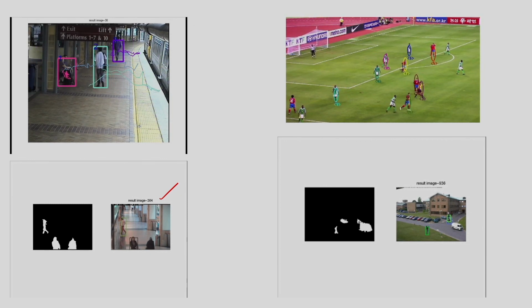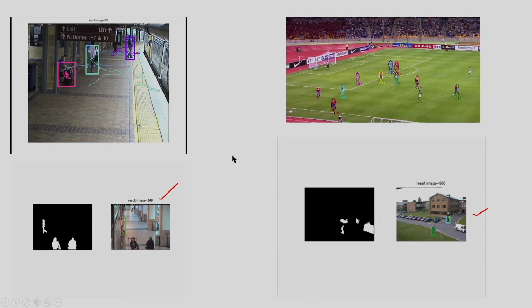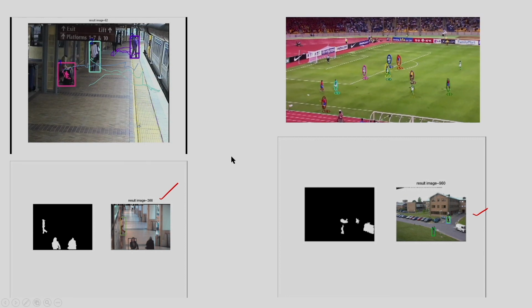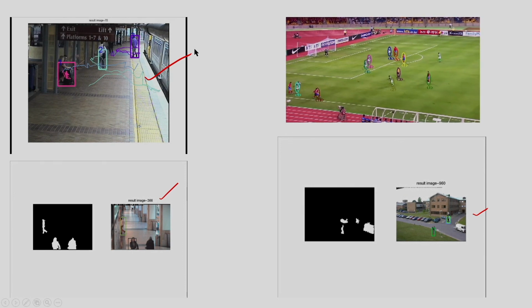In this case also we are doing the tracking, and in this case you can see in one case the person is occluded by the car, by the vehicles, and in this case also we are successful in doing the tracking. So this is also another good example of the tracking, and here you can see we are finding the trajectory of the movements. So this person is moving and we are finding the trajectory.